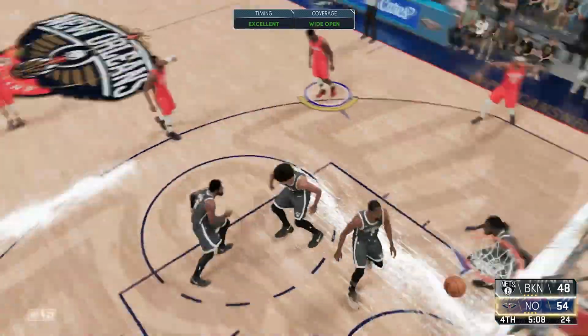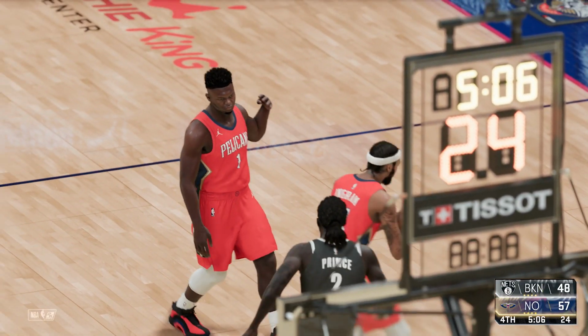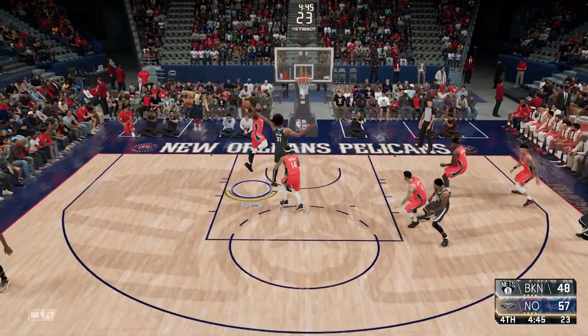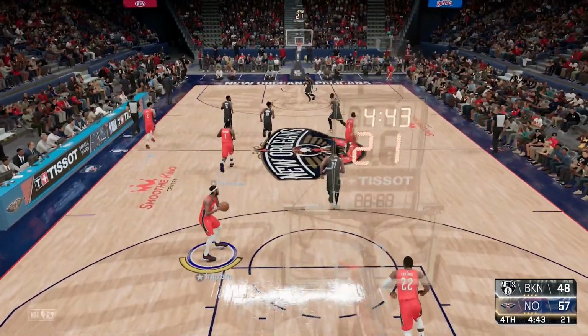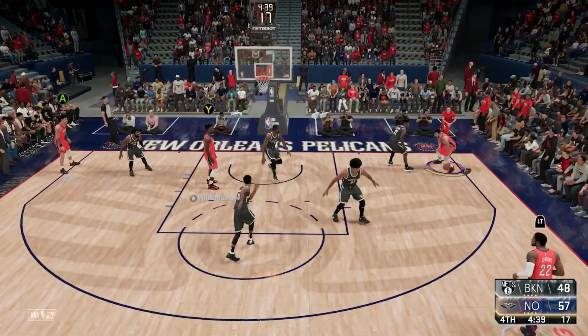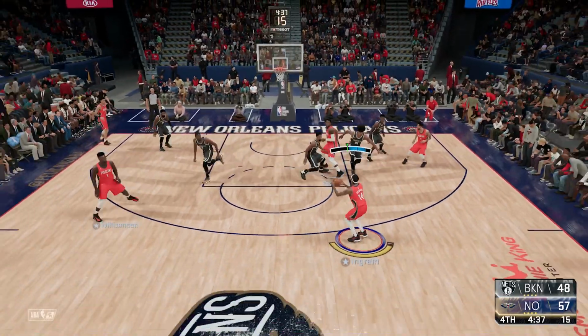Another green from Zion. I mean, look, it took us a while, but we started piling them up. But yeah, I wanted to show you guys what a next-gen sports game looks like. I'm definitely going to be playing this until Madden comes out. And Madden better have something to offer, or we might just be on 2K for the rest of the year